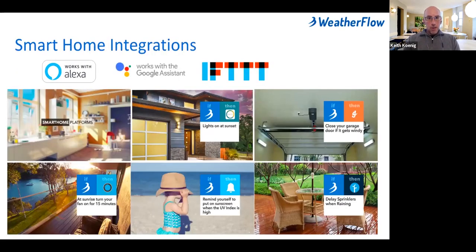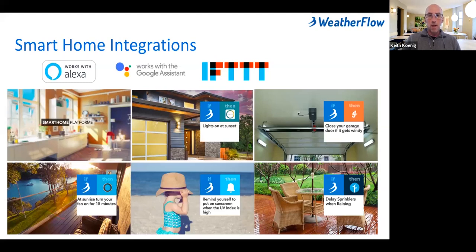We, on a similar note, are very, very focused on liberating that data and making it useful. There are many integrations already in the field. You can very easily hook up your Tempest to Alexa and Google Home. I mentioned a bunch of IFTTT formulas. We've got Siri shortcuts. We're working on a SmartThings integration.